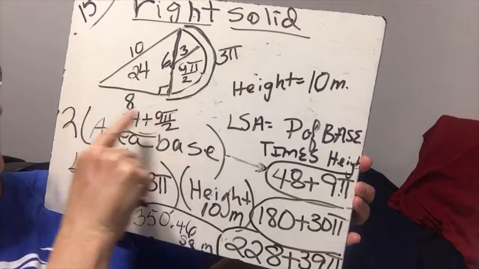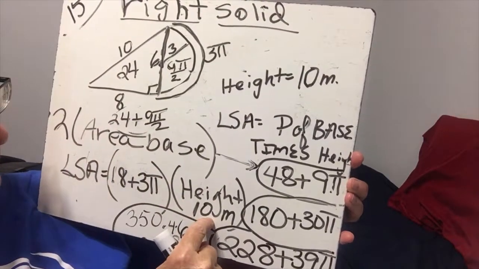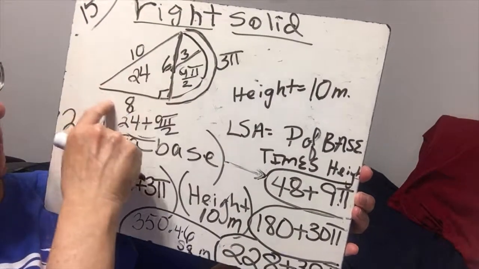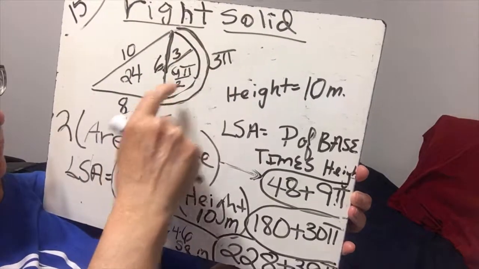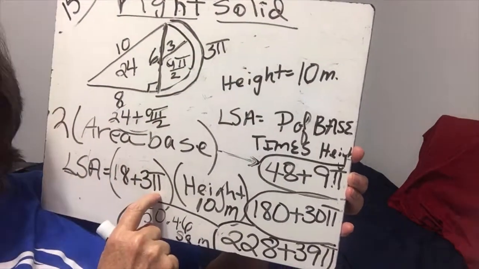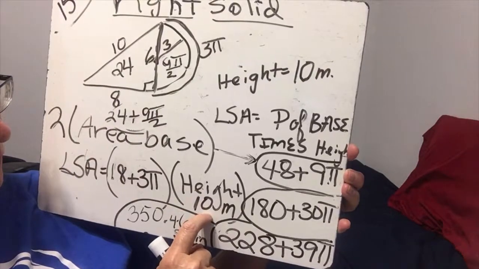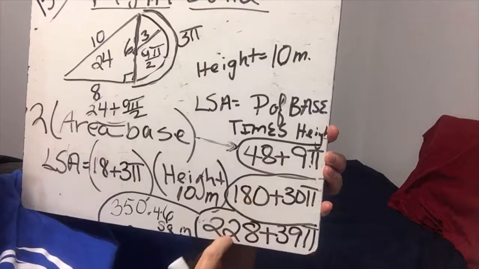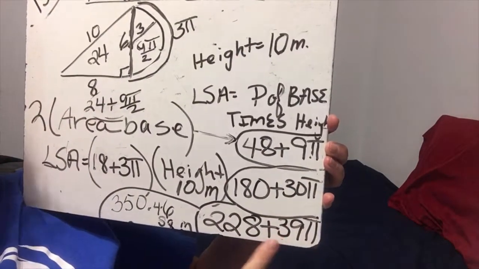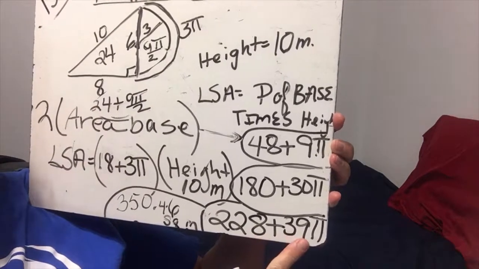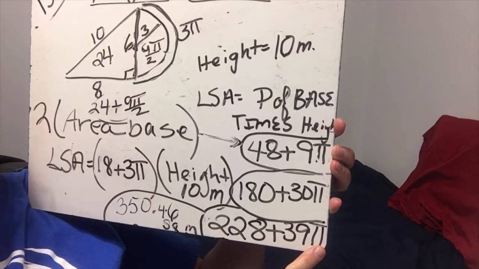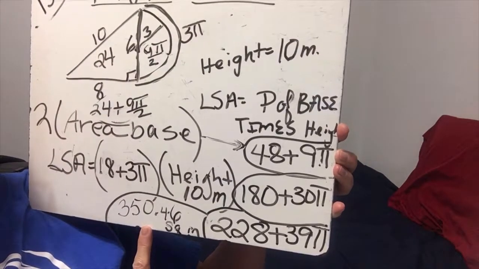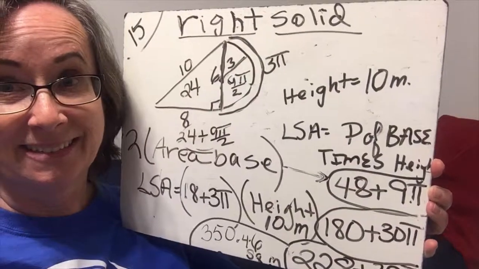And then we had to unpeel that whole thing, which was perimeter of the base times the height. We said, okay, the 10 plus the 8 is the 18. We figured out this was 3 pi. So this was the perimeter of the base times the height of the figure. We distributed that out to get this. We added these together to get this. This was our exact answer. I put this on a calculator, multiplied this by pi, and then added the 228 and got this one. And that is the end